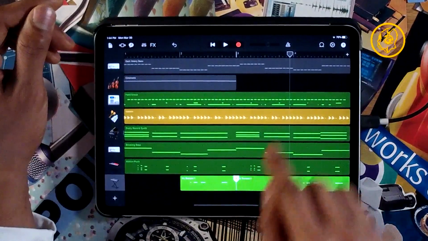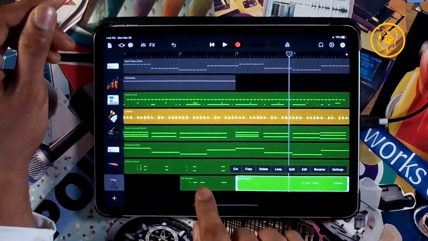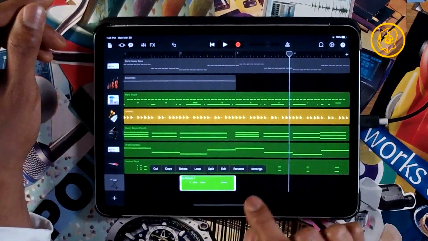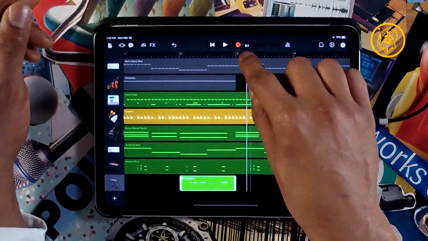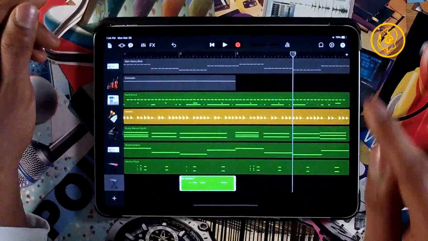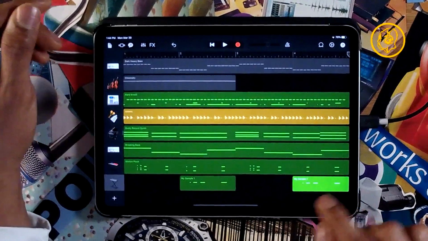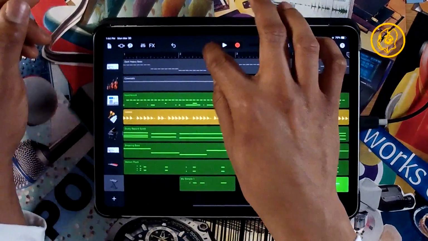Let's see here. So that's cut, and all I want to do is delete this portion and then copy that portion there, right? So I'm going to delete it, double click, copy, and then I will take my cursor, the timeline marker, and drop it where I want it to paste. Boom. And that should be an exact copy of what we just did. Okay?